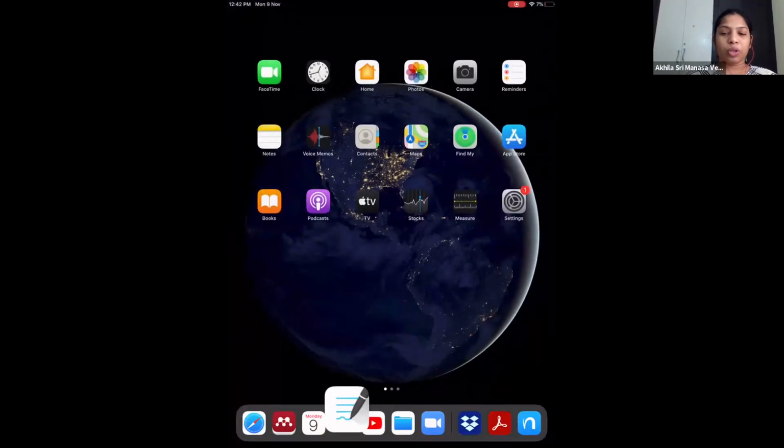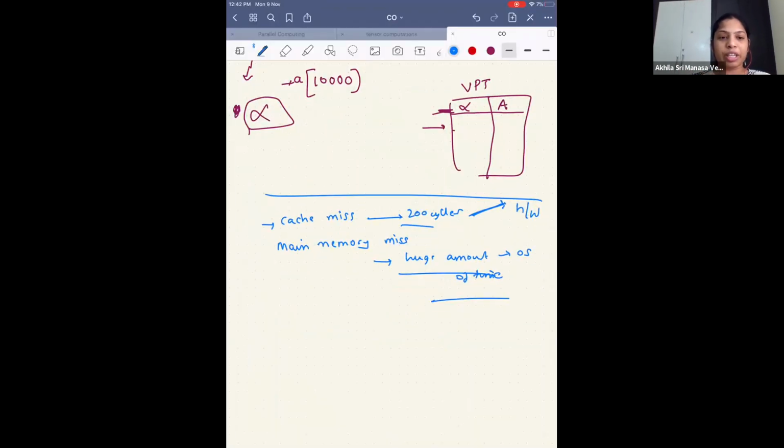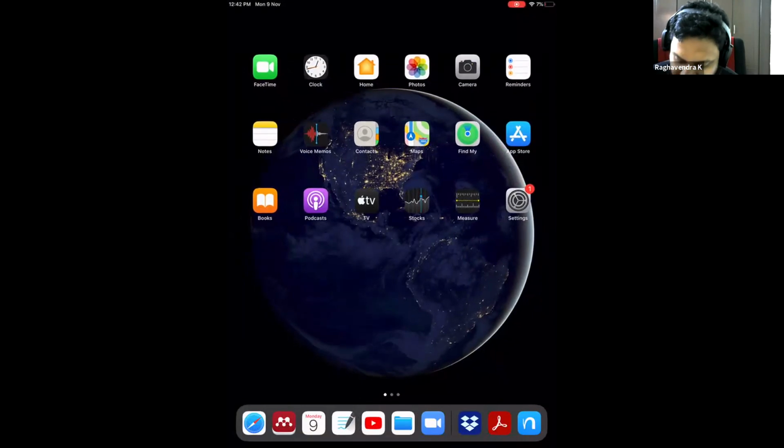Sir, now the translation lookaside buffer, that is also related to the page table, right? That is also a cache. Is that handled by the cache controller or? You should tell me. If there's a miss in the TLB, will you go and tell the operating system? No, the cache controller can handle it. So that's what I'm saying. All these answers are not arbitrary, they are because of where things are. If you are not yet convinced, I will show you something.